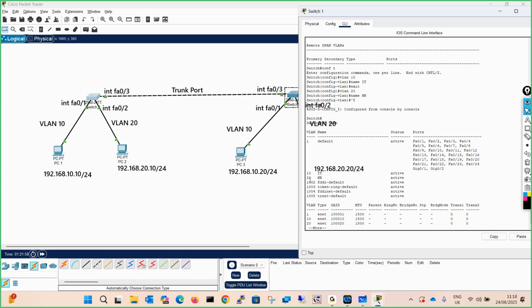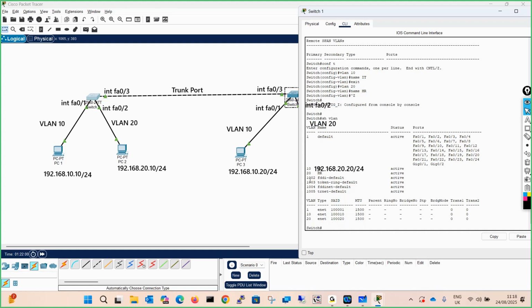Now, once the VLANs are created, we need to assign these VLANs to the ports. This port should become a member of this VLAN, right? Now we will learn how to assign the VLANs to the port. As per our design, port FastEthernet 0/1 belongs to VLAN 10. So how will we assign?